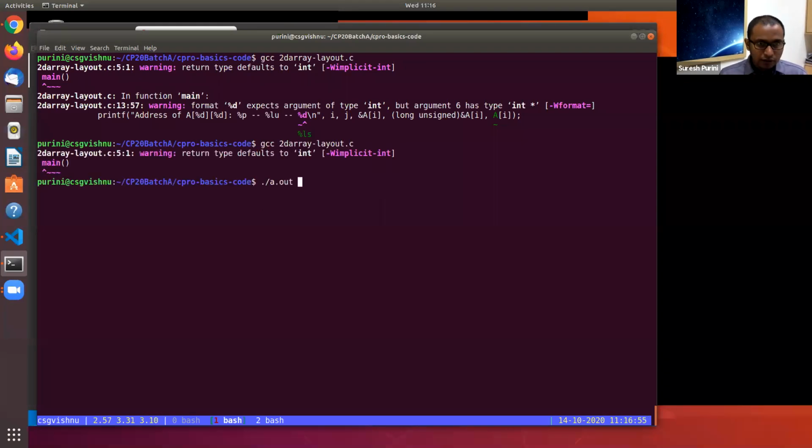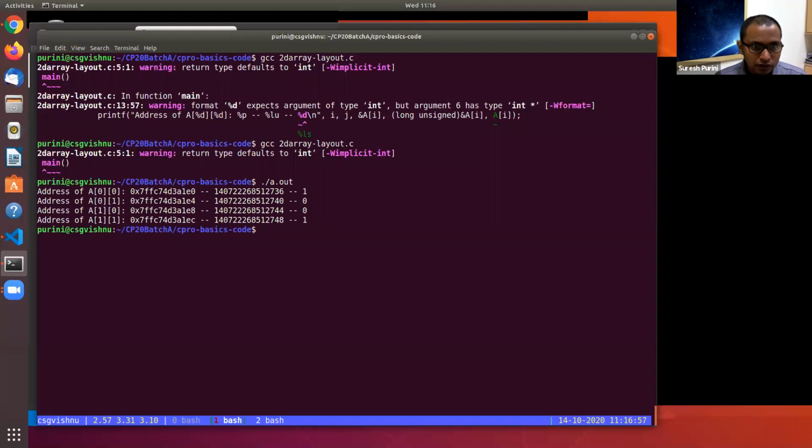Great. So now you can see very clearly, 36 is the address associated. Just look at the whole of this prefix, it is the same, so don't pay attention to it.